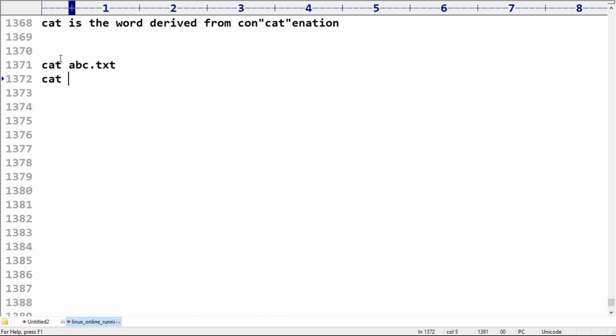Cat abc.txt to output.txt. What will it do, sir? Whatever content is present inside abc.txt, it will send it to output.txt. In the output.txt, if any data is there, it will be overwritten. Sir, if I use cat abc.txt with the append operator, whatever data is present inside abc.txt will be appended to output.txt. Okay, like sir, now I'm taking